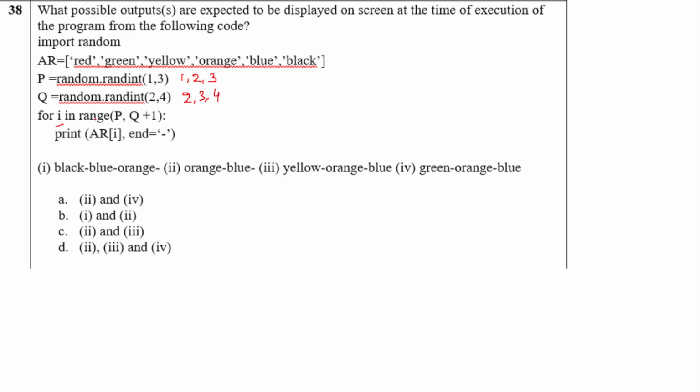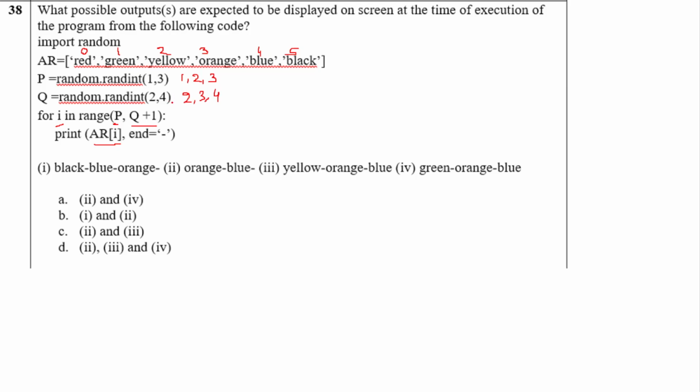For I in range P to Q plus 1, print AR I. So we will provide here index 0, 1, 2, 3, 4, 5.